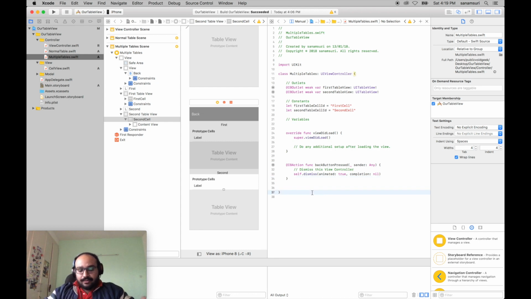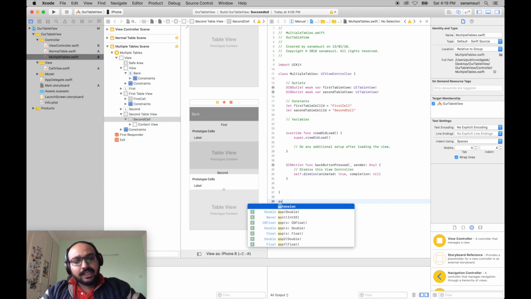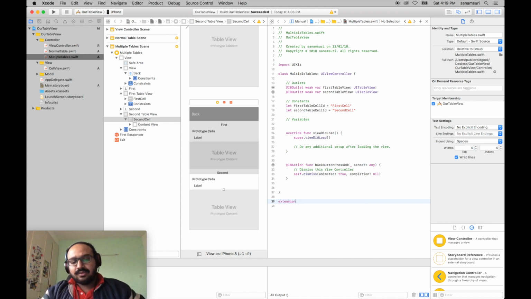In order to use table view, as I said, we need to use some Apple provided APIs for table view using the delegate method and data source method. So let's also do that. I like to use an extension for this. It makes the code a little bit less, how to say, clumsy, I don't know. So yeah,